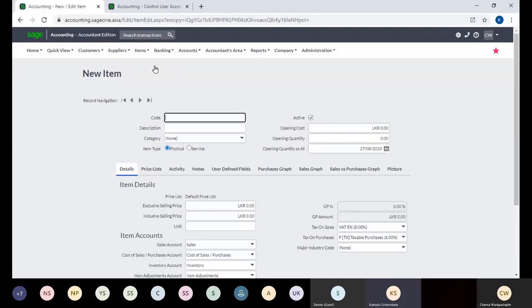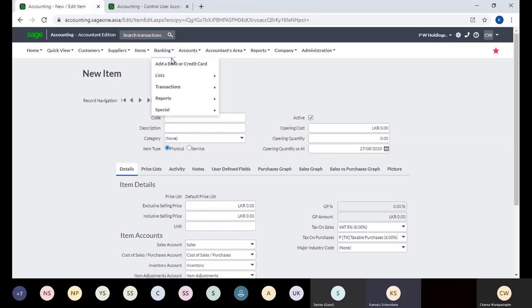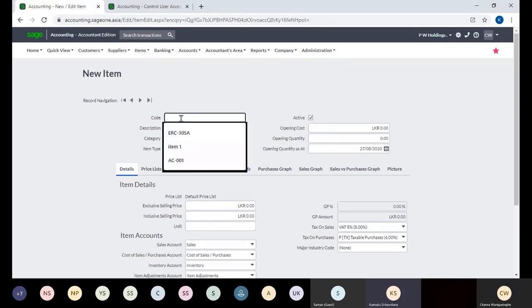Before we come to sales orders and sales invoices, we will create items, create suppliers, and enter a supplier invoice. After that, we will come back to the customers. Okay, now we will create a new item. Go to items, add an item, enter item code,